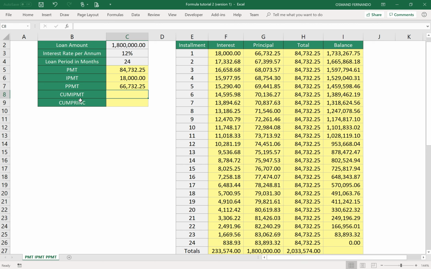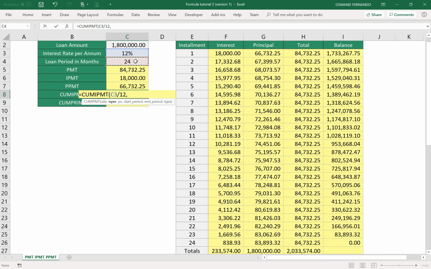Now we want to calculate the total interest amount, the total interest we are going to pay when we complete the loan. It is here in the schedule, but if you want to calculate it before creating this schedule, you can use the cumulative interest payment function. Let's do that. Equal CUMIPMT, this one, rate, provide the rate divided by 12, comma, total number of periods that you are going to pay, 24,